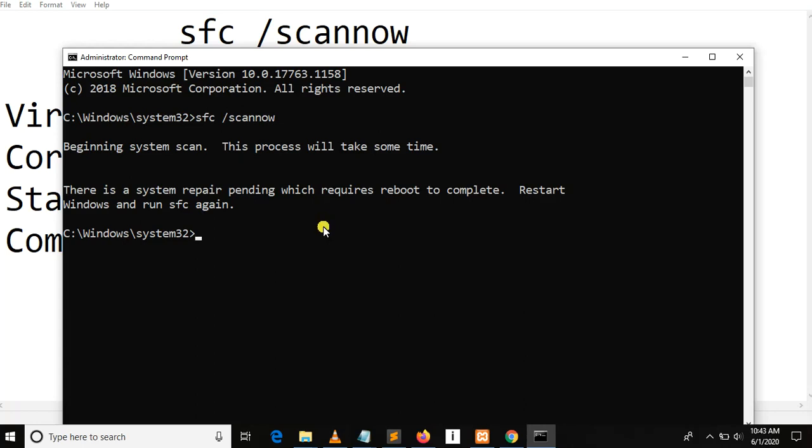So it refused to scan this computer because I used this command and I terminated it. But for you it will start to scan your computer with a percentage from 0% up to 100%, and if there is any issue, Windows will repair it automatically.